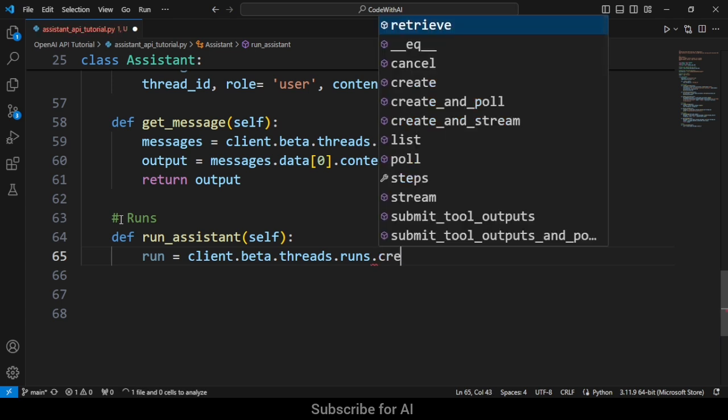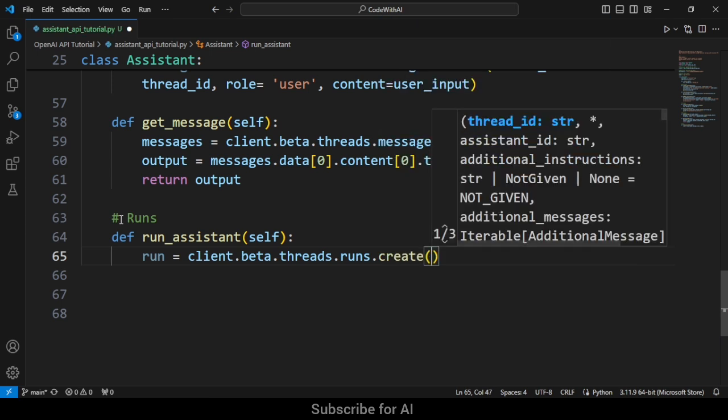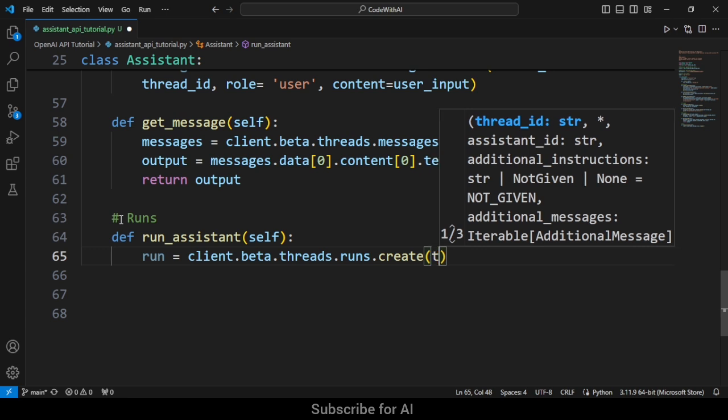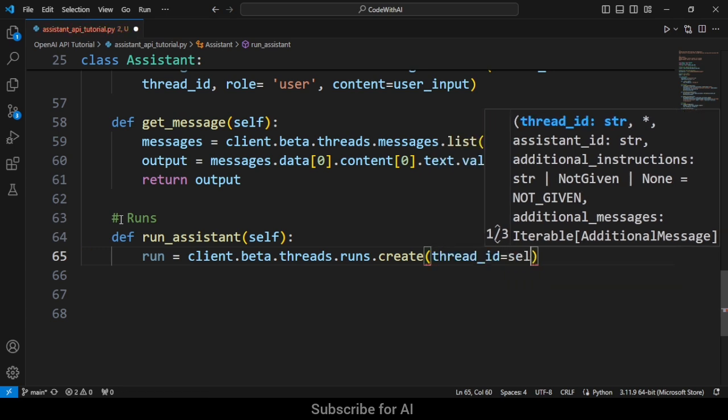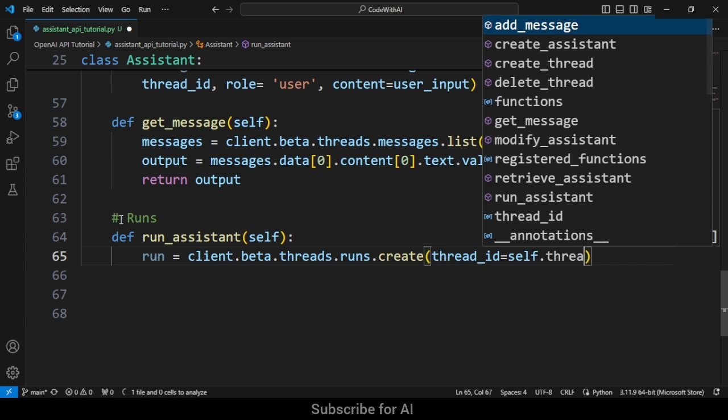So client.beta.threads.runs.create, we are going to create a run, okay, with thread_id equals self.thread_id,